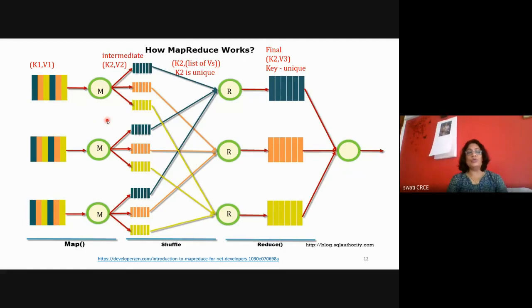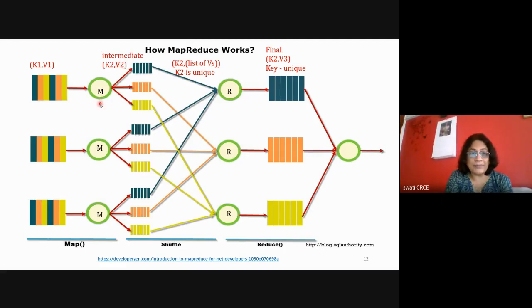What I want you to remember to understand the rest of the lecture is that your mapper gets the input as a key value pair. Maybe the key is the name of the file and the value v1 is the chunk of information, and it generates the intermediate key value pairs. Here this K2 occurs multiple times at multiple places. There is no guarantee how many times K2 is generated. It depends on the chunk, and this mapper may have a combiner which may combine the results also. So it may work like a reducer but at the mapper side. That we have seen with respect to word count.